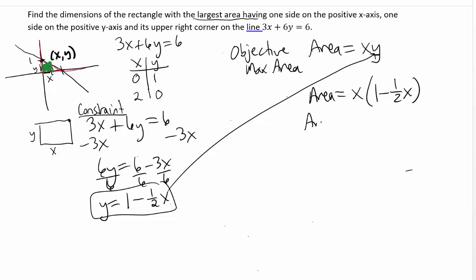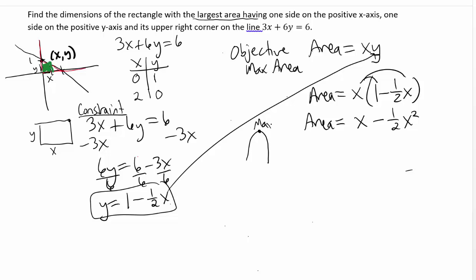And you want to clean that up so that you can see what kind of function you're really dealing with. So if I distribute my x, I'll get x times 1 is x minus x times 1/2 x is 1/2 x squared. So good news is we now have this area function entirely in terms of x's. The other good news is if you look at that function, it's quadratic. And it's a quadratic with a negative coefficient, so it's going to be pointing down again,